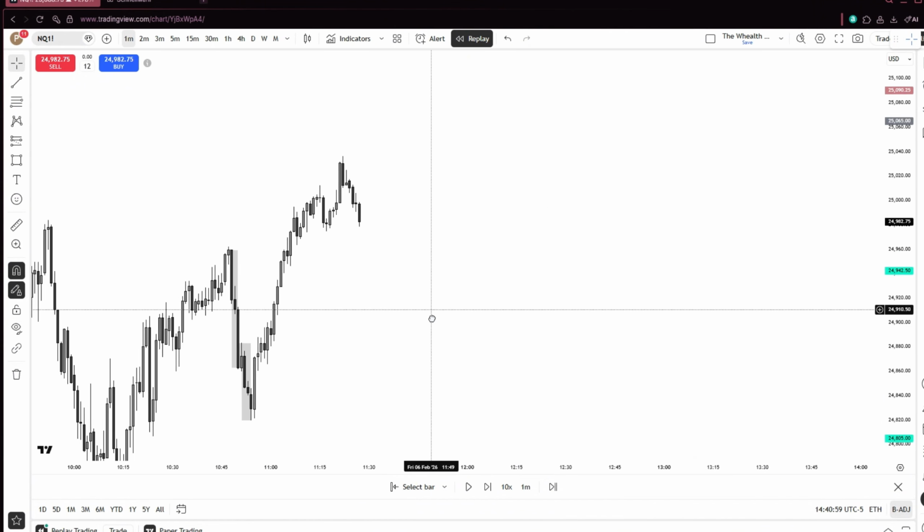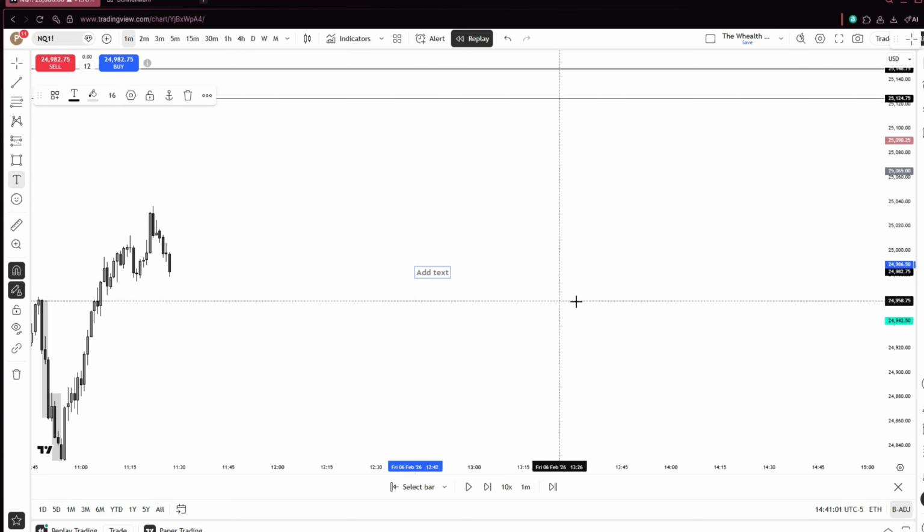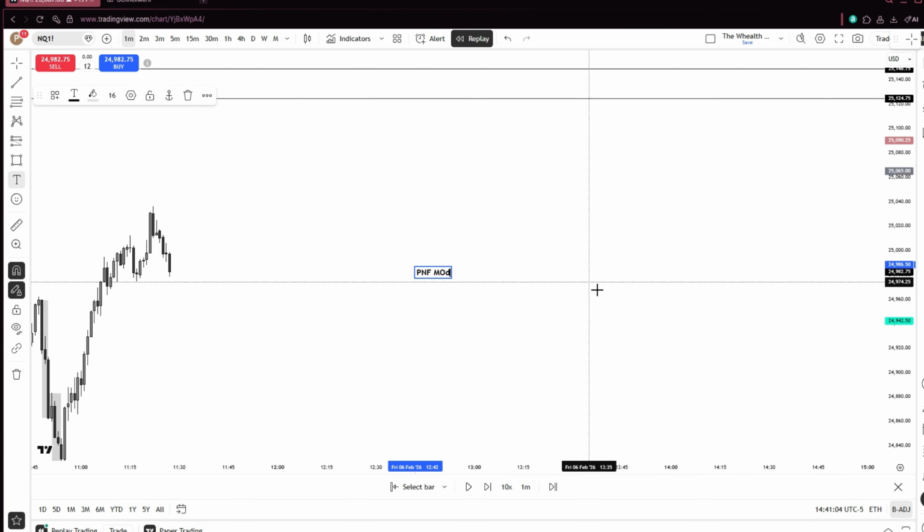So let's have a quick view at my strategy, a quick overview of the PNF model. So what do we want to see? Okay, it has a 78% win rate, 3.8 risk to reward on average. For a beginner, I have to say the risk to reward is very good. I normally have a bit more, like 4.3, 4.4, something like that. It's not important. 4, something like that. Let's go over